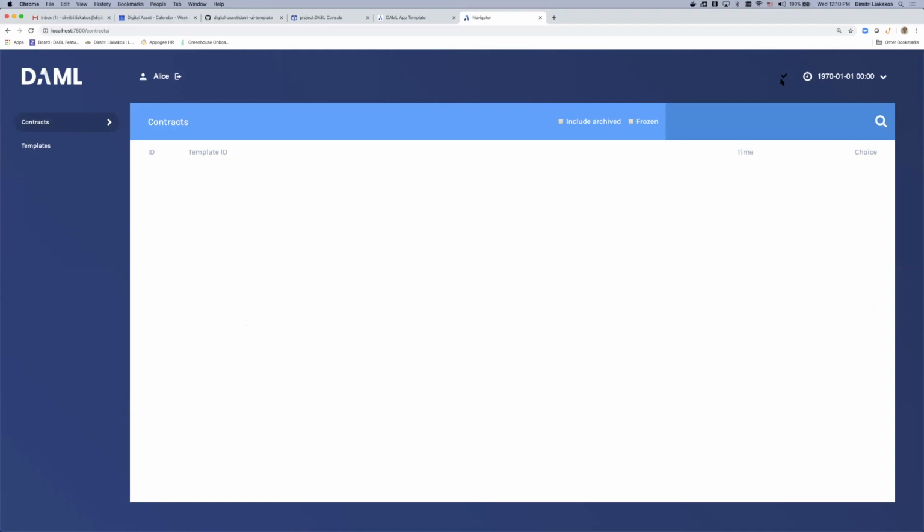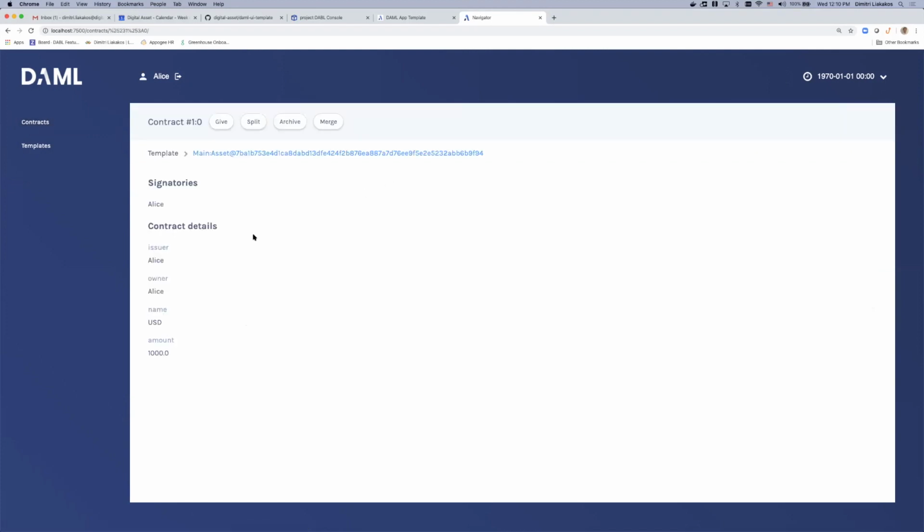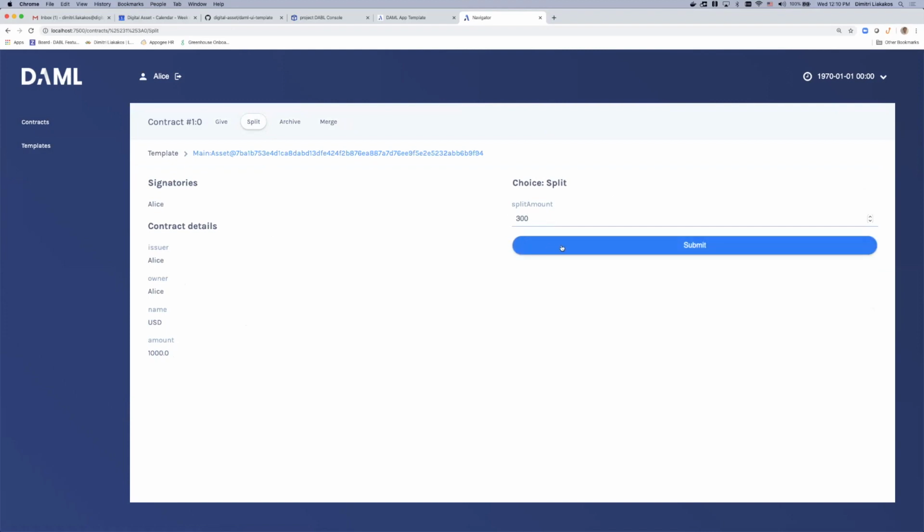I see the check mark, and then an asset should be popping up. So an asset just popped up. If I click on it, I see that Alice is the issuer and the owner of US dollars of 1,000 ones. And let me now test my new functionality. So I am going to call split, and I need the split amount. Let's make this 300, do a 300-700 split. I click on submit,